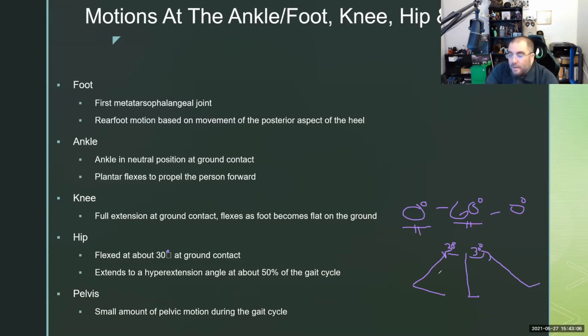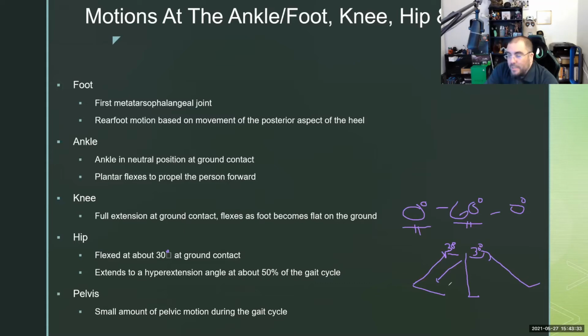I'm sorry, Mr. McKeever, these measurements are just for during gait, correct? Just during normalized gait, yes. Right, just normal walking on the floor. And again, don't get totally hung up on them quite yet, because we're going to cover them in each individual joint segment when we get to them, talking about what the requirements are. This is more talking so that you get the idea of how it works.